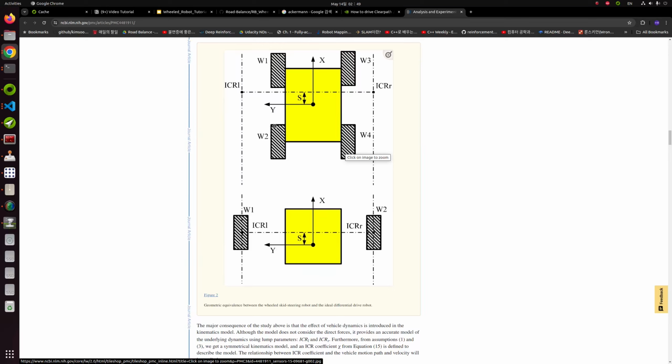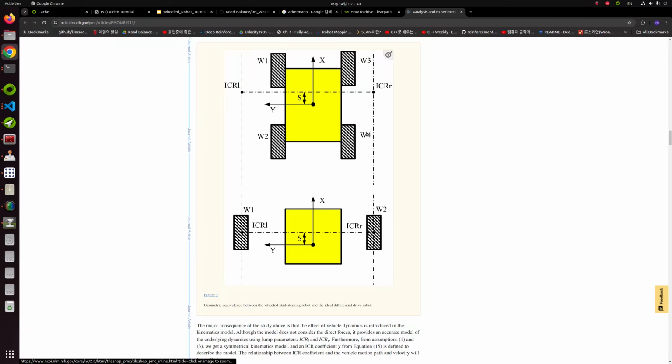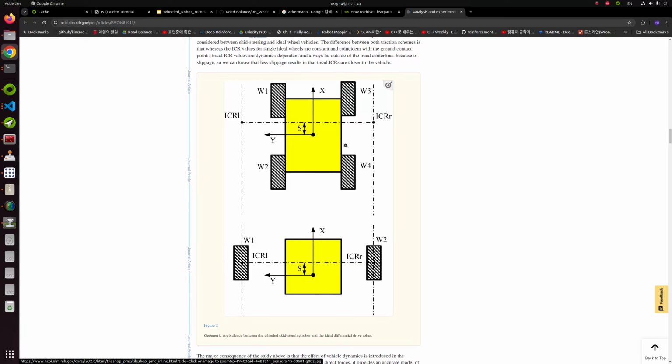This one is for a four-wheel skid steering robot, like our limo. This paper is saying that this model is exactly the same as this one. So the wheelbase in reality was 0.13 in our URDF, and we can consider it much longer in our